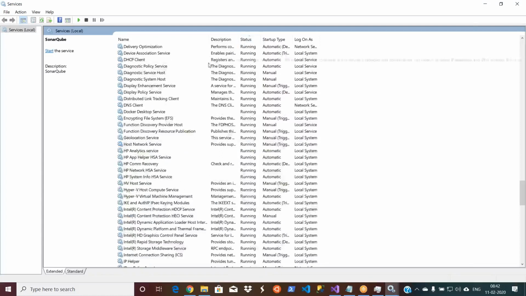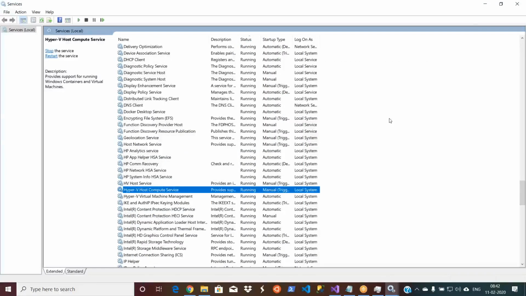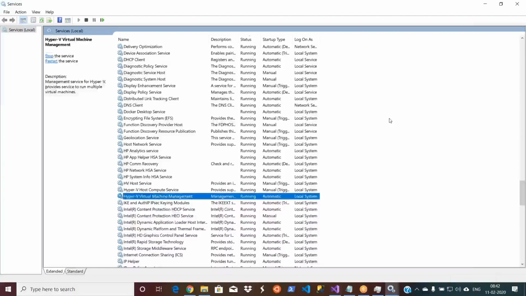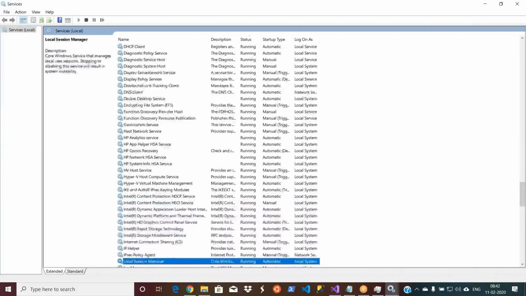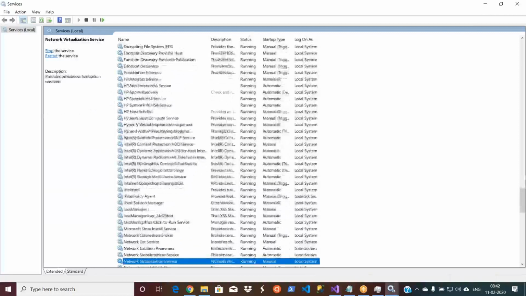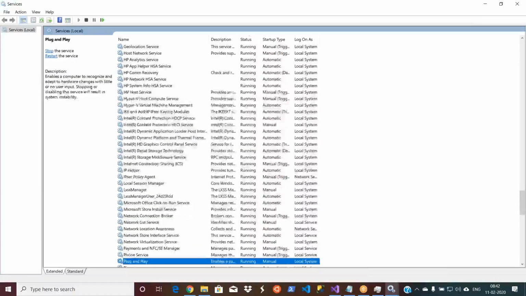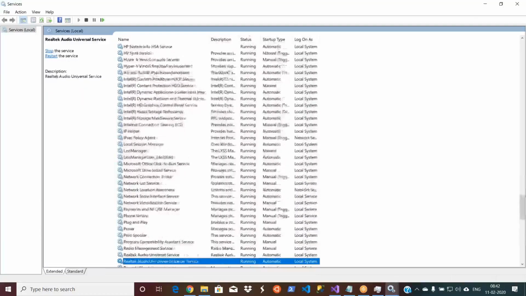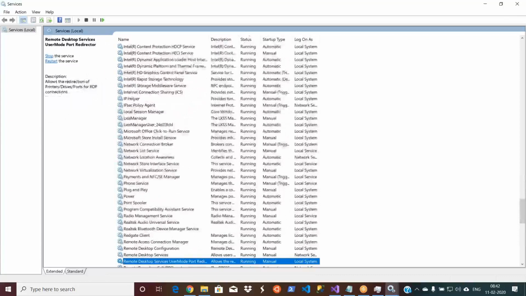Okay, let me check what are all the things I can stop. I need the hypervisor stuff. Whatever I installed, I can stop it. The other things I don't want to stop.